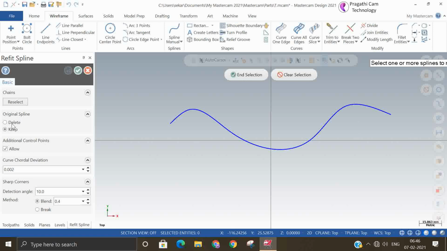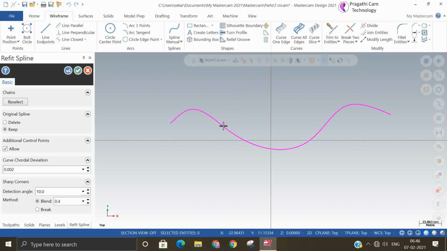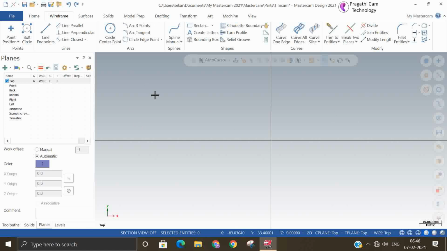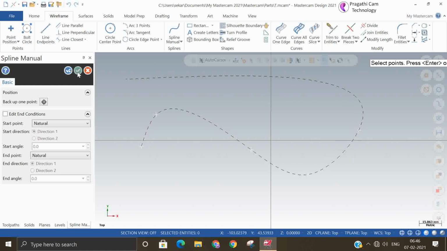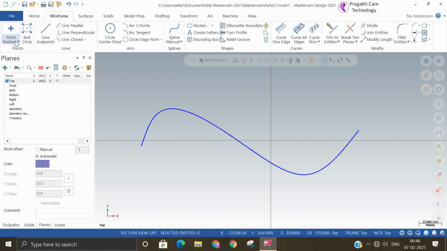So it will allow you to add additional control points. Okay, you can select it. So now there is little change in the control point. So how do you know this? We'll do one thing first. We'll make one spline here again. Because it is happening from inside, we'll do one thing. Initially, we'll select a node point of this. Okay. So now you see 1, 2, 3, 4, 5 node points have come now.